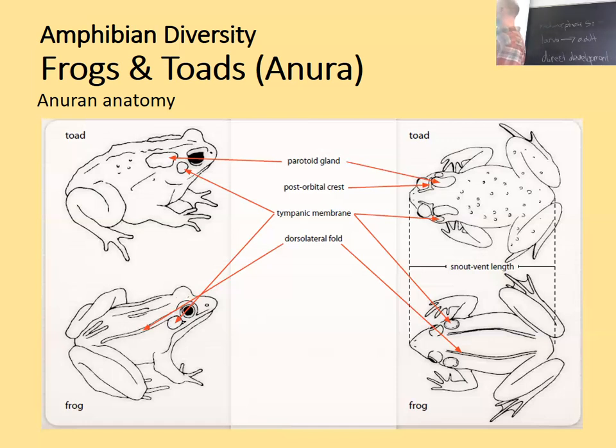So, a diagram here that has some of the major parts of frog anatomy that we'll be referring to. Also notice snout-vent length, from cloaca to nose here in the frog. It's a little bit easier because they don't have a tail anyway, so it's basically the length of the whole animal. So let's talk about these guys in Ohio.